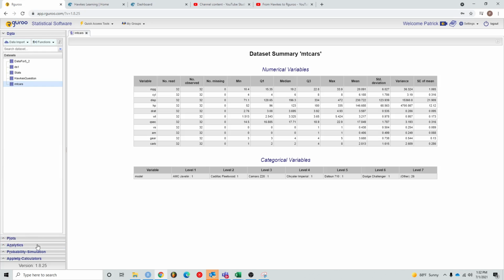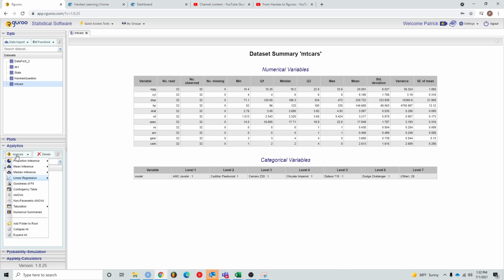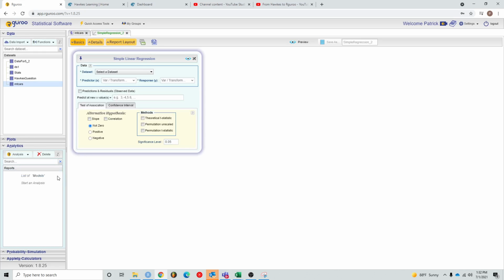So here on the side you're going to see analytics. Go ahead and click analytics, and it's going to pop open this thing. And then you're going to click this little drop down arrow by where it says analysis, and then the fourth option down there is linear regression. We're fine to use simple regression, so go ahead and do simple regression, and then we're going to choose our data set again, so mtcars,